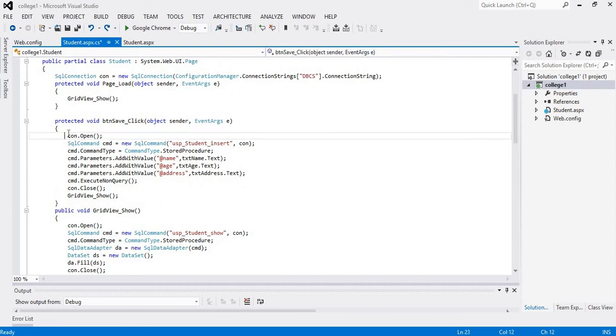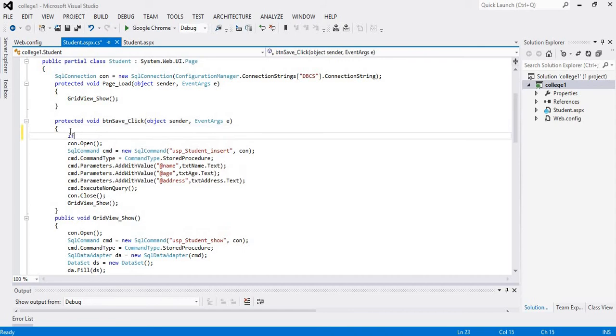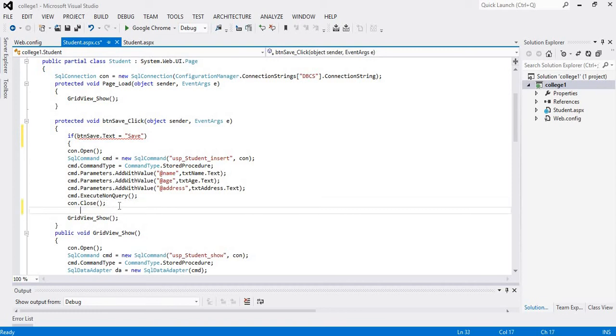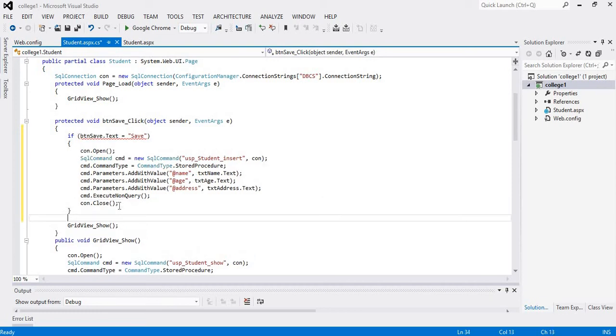For this we will write if btn save dot text equal save, then it will perform save operation.